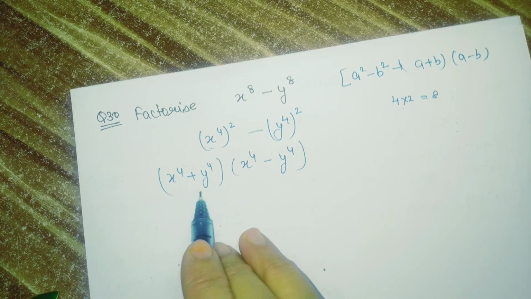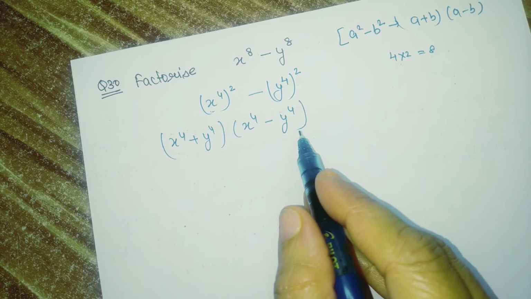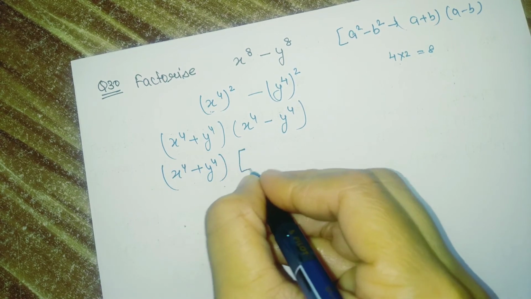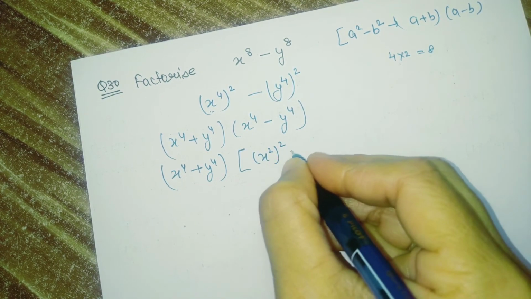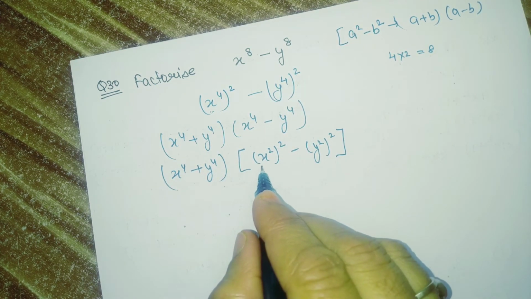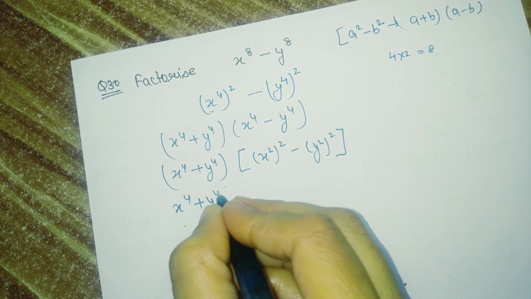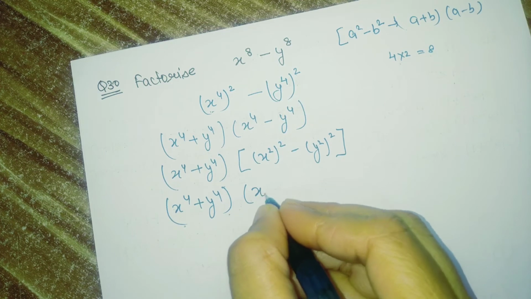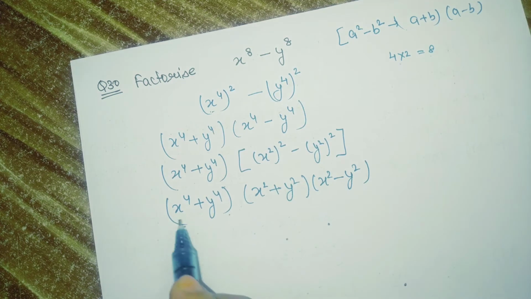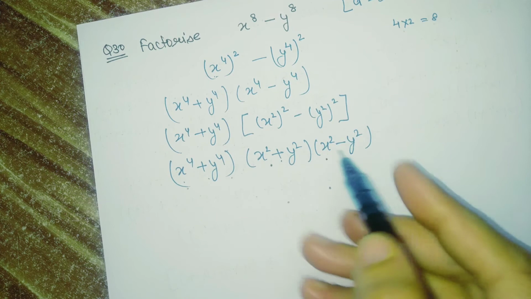Students, whenever the sign is addition, then it is not possible to expand. But whenever the sign is minus, then we can expand this question more. How? Let's see. So x raised to the power 4, y raised to the power 4. Here we can write x square, then whole square, y square, then its whole square. Now it again converts into the form a square minus b square. So expand this again. We can write this as x square plus y square and x square minus y square. Now these two addition terms are not possible to expand, but this subtraction can be expanded again.